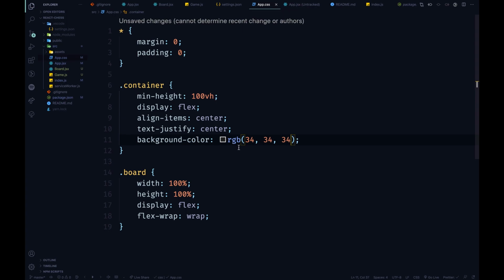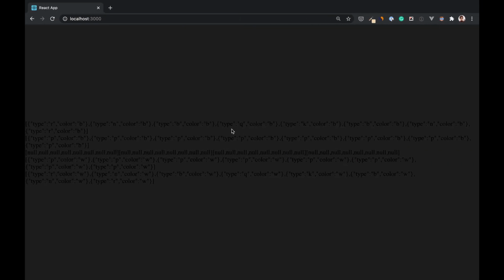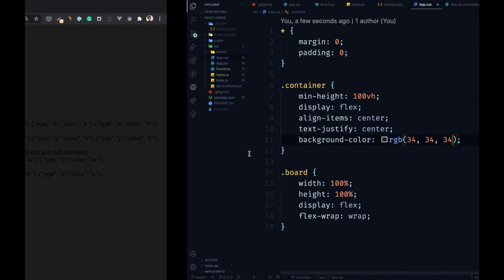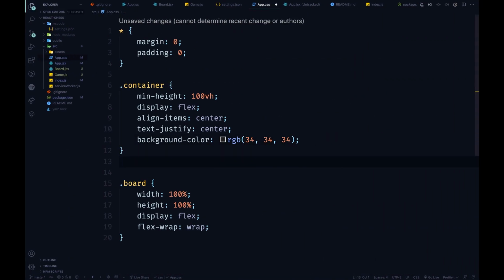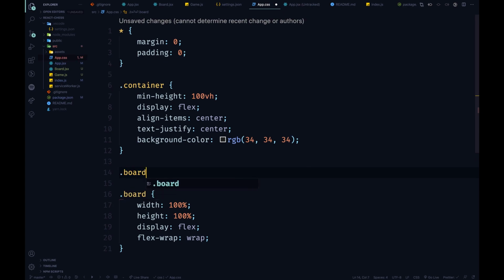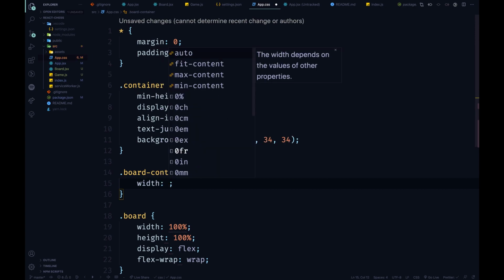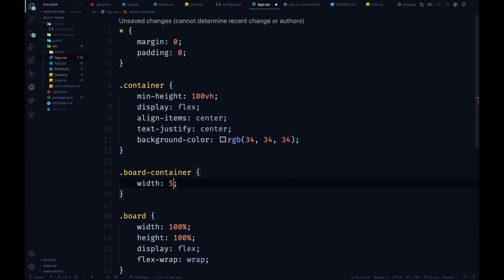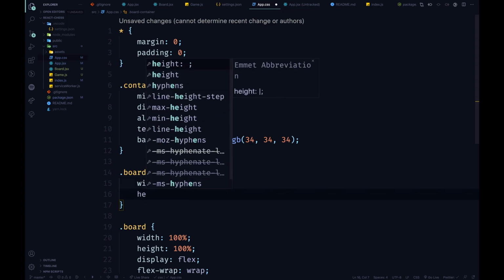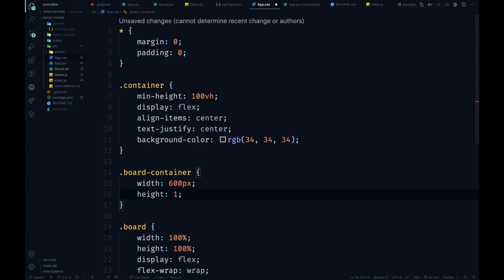So it's going to be like a black color. So there we have it. So now everything is in the center, but we also need to add a new board container, and this is only going to be for the board container, and we're going to limit the board that has a fixed width of 600 pixels